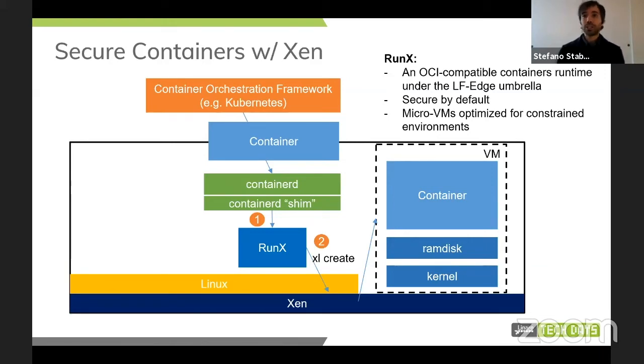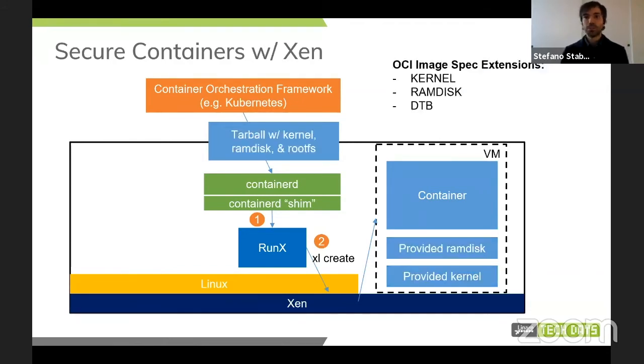The benefit is that it's a very different runtime environment from a normal container runtime like runC, so it has very different properties, for instance much stronger real-time separation and isolation, and stronger security guarantees. It's a micro VM in the sense that the kernel and RAM disk are provided by runX to run the container inside. There is a color scheme: darker blue is provided by runX, while lighter blue is the container itself. So it's just the smallest possible environment to run the container.